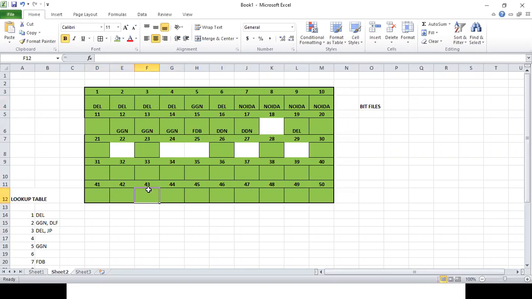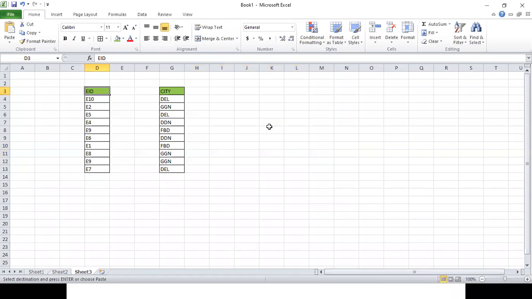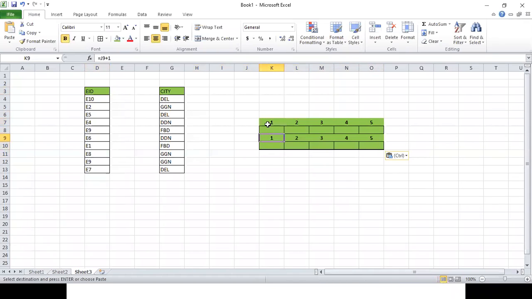Let me take one more quick example. Let me take a small box from here and put it over here. Supposedly these are the addresses. I have some information over here, then I have information over here, then I have something over here, something over here, and something over here.